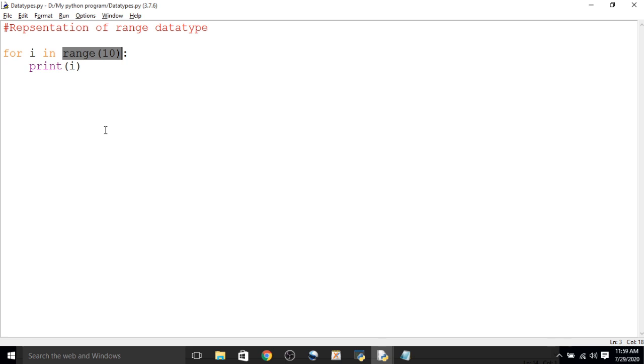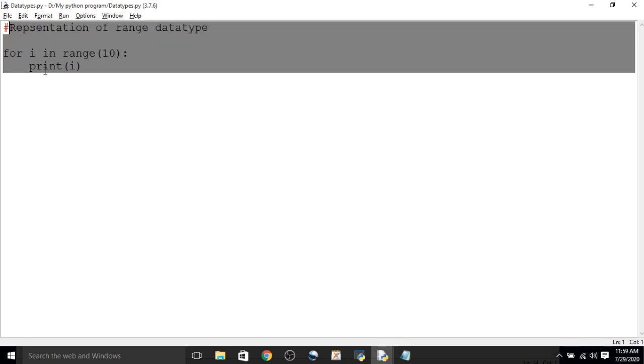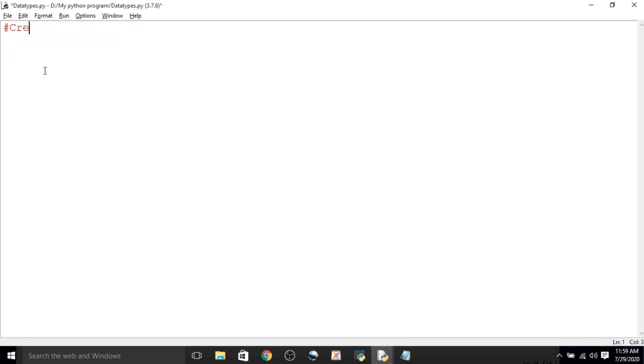Now suppose we want to create a list from a range of numbers. We have to see one program, creating a list using range type. We have created r equal to range of 10, so r contains the values from 0 to 9.